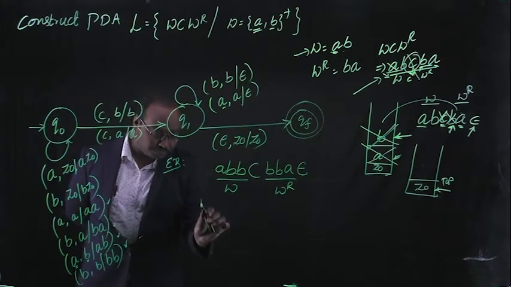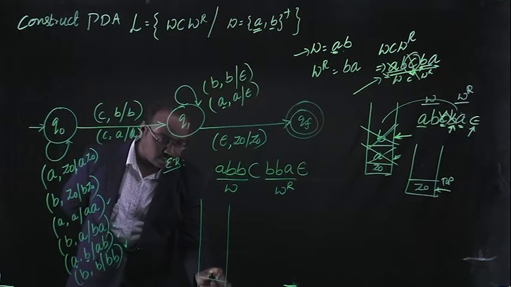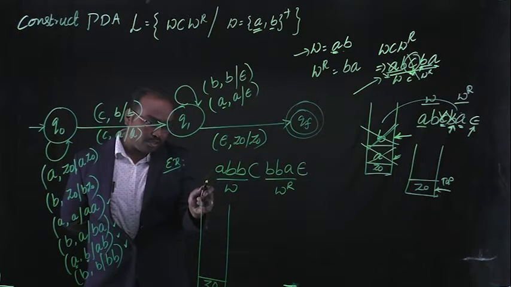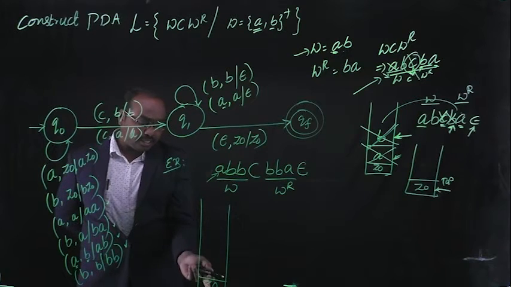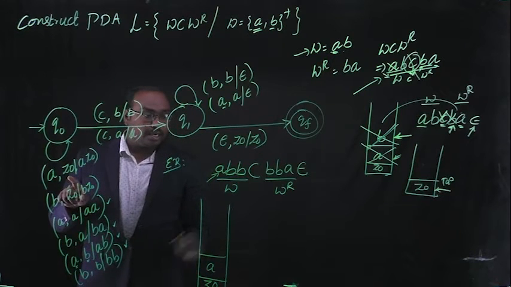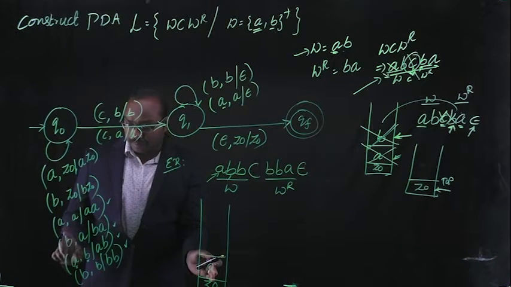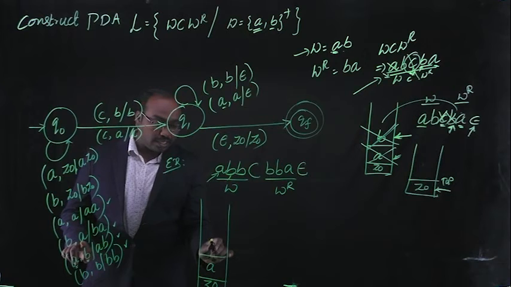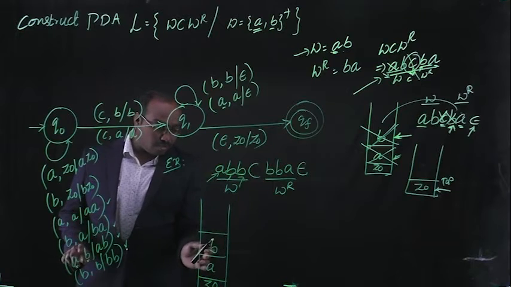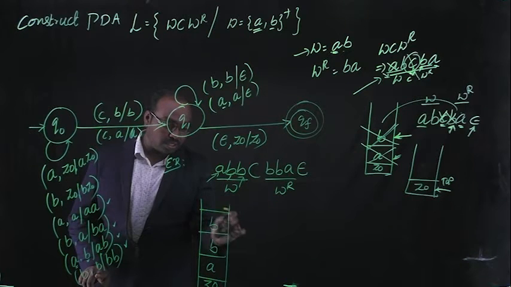For example, I'm taking the stack. This is the stack. Z0 is my top of the element. Initially we read input symbol A with Z0, and we can push that element A onto the stack. And next input symbol B. So B and A, we can move that element also onto the stack. And next input symbol also B. Input symbol B and stack top of the element is B. Then we can also move that element onto the stack.